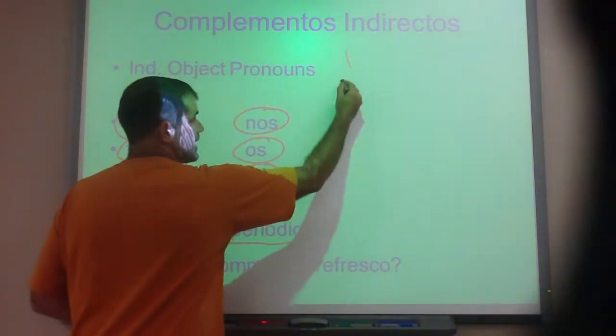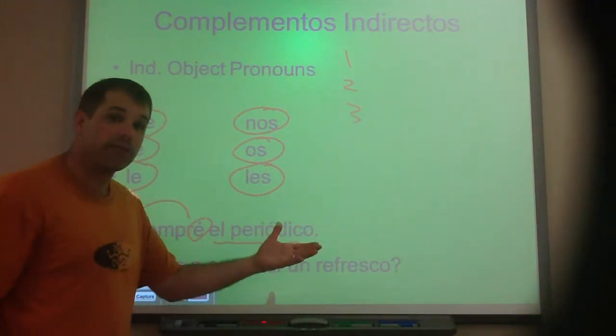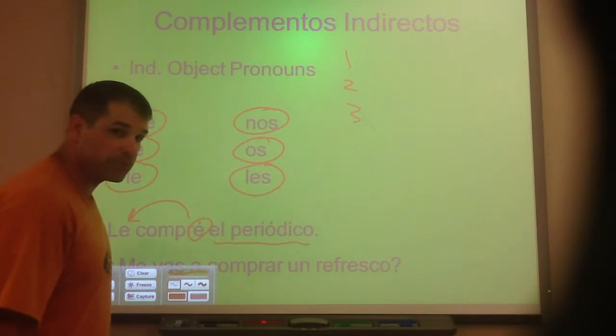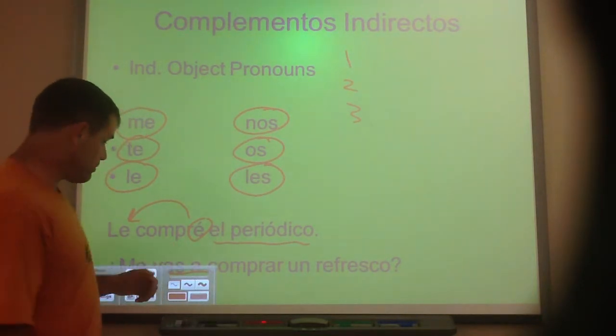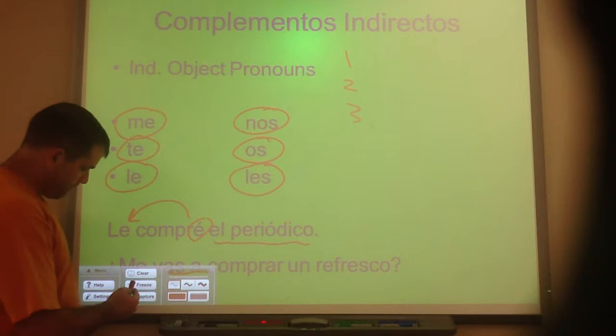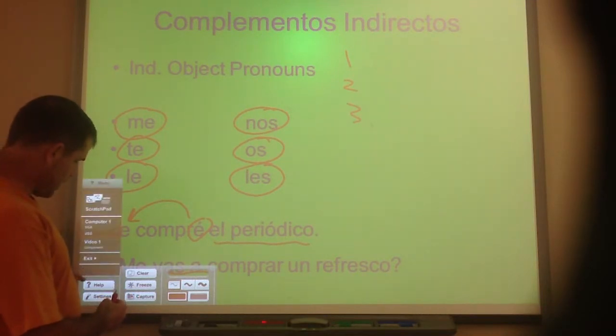Once again, they follow the same three places for now on where we can put one of these direct object or indirect object pronouns. Before a conjugated verb, or after an infinitive. So down here, notice I have